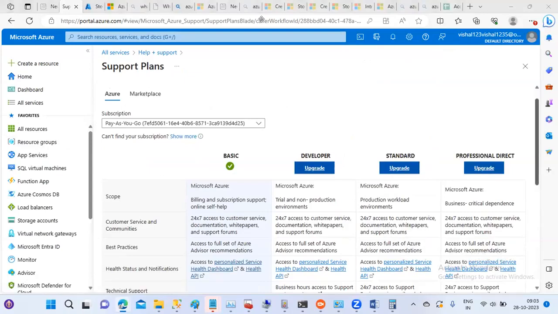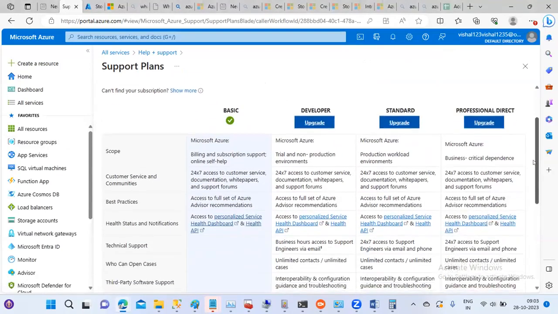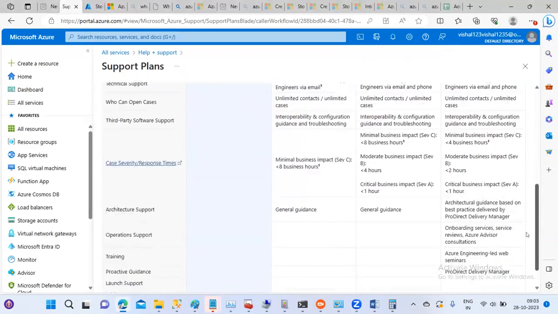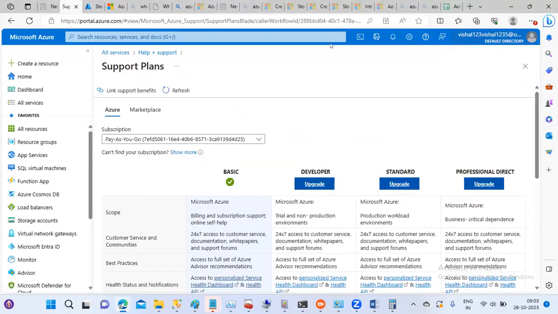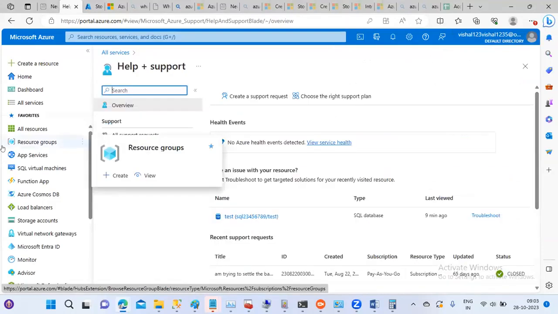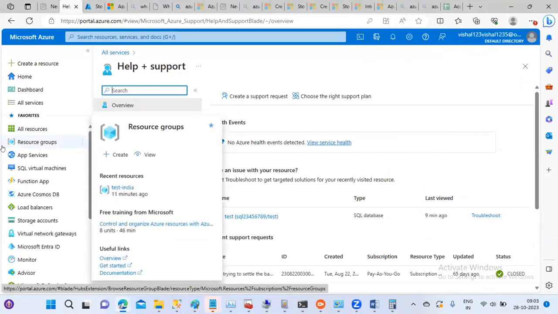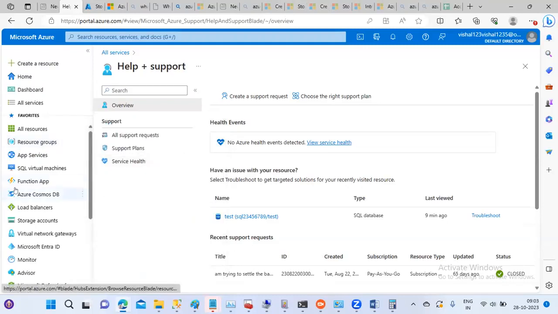So what are the advantages with each plan? I have shown already. Got it? So this is how we can create any service in Azure, that is, database. We'll see the other options in tomorrow's class. Got it? Does everybody understand so far? What you have to do later, post the class,